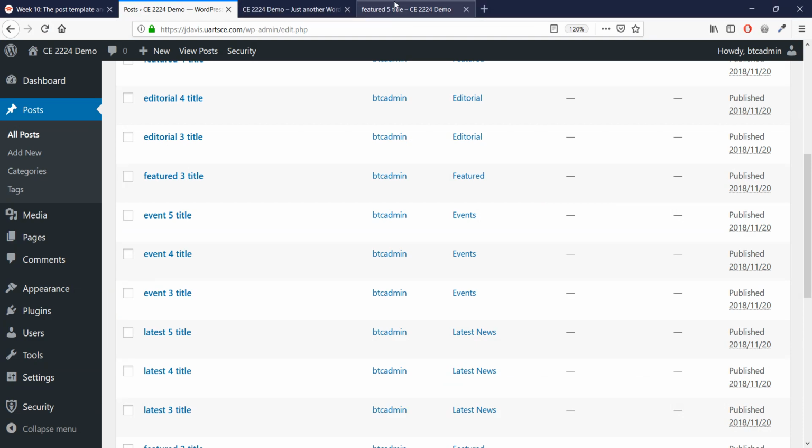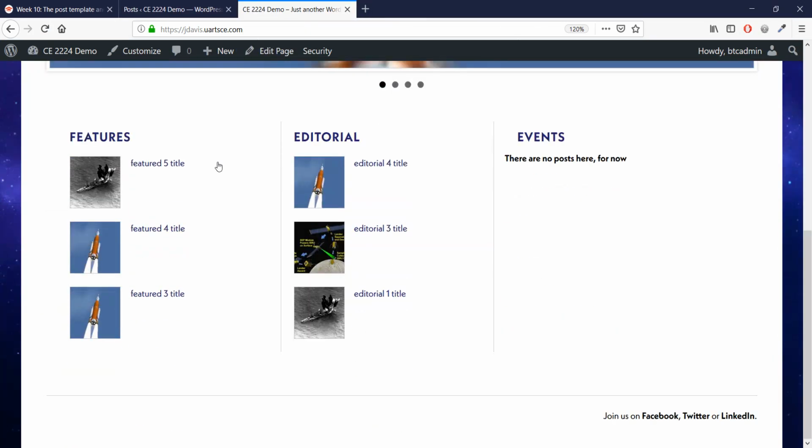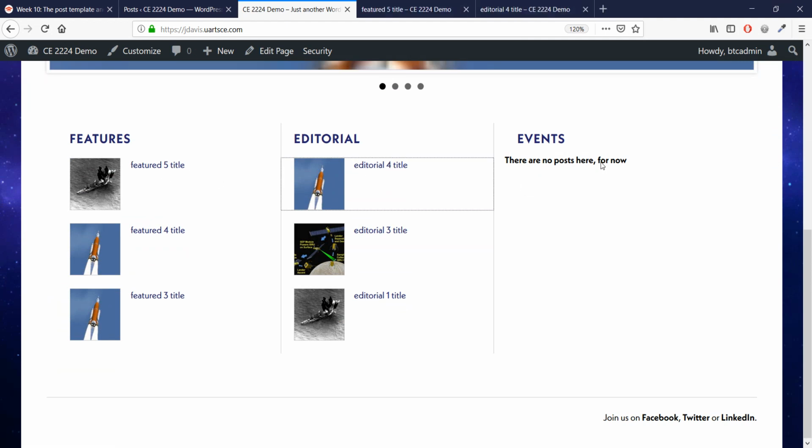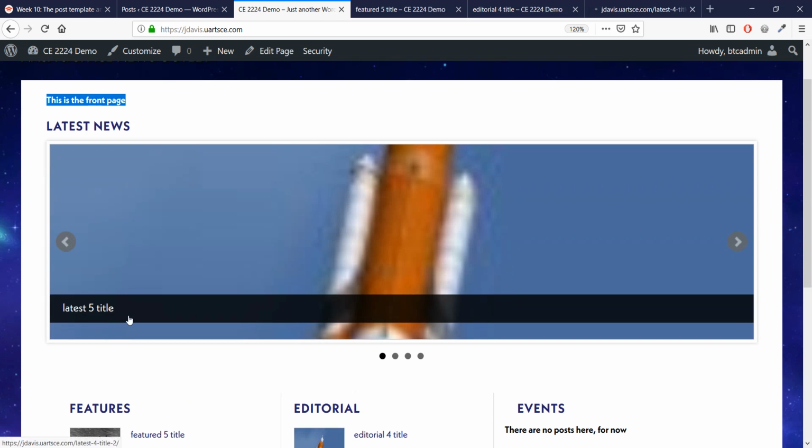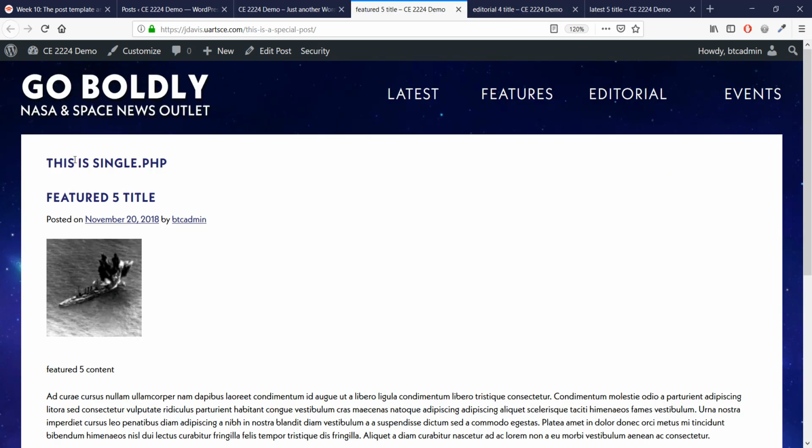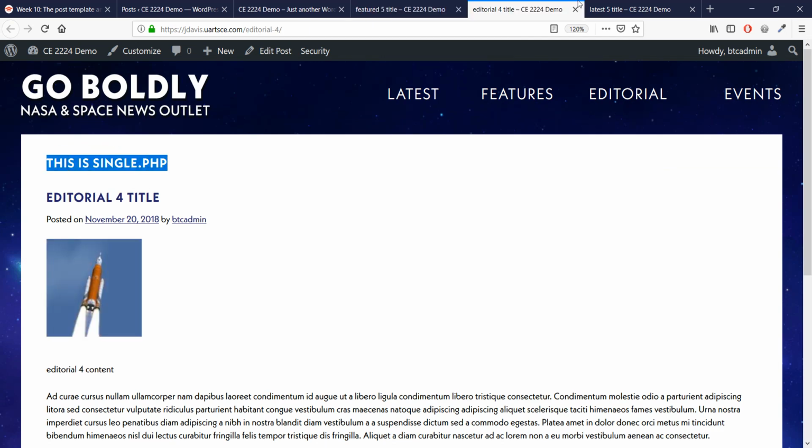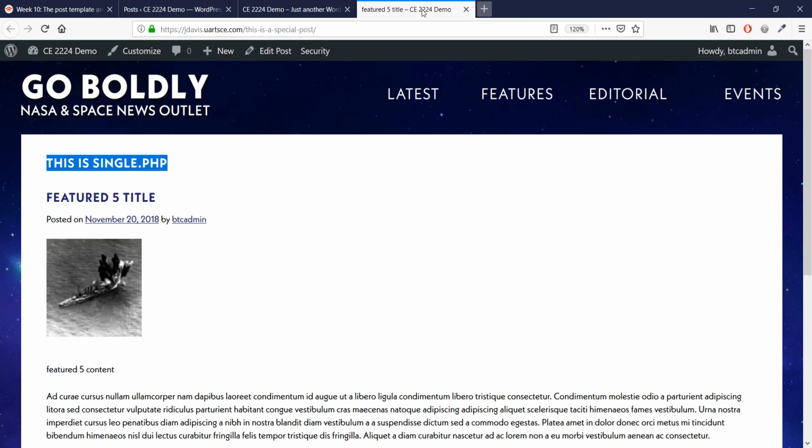And if I go to actually visit any one of these posts, whether it's the featured 5 title or the editorial 4 title or the latest 5 title, we have this is single.php in an H1 that's at the very top of this page. So I know that all of these posts are going through